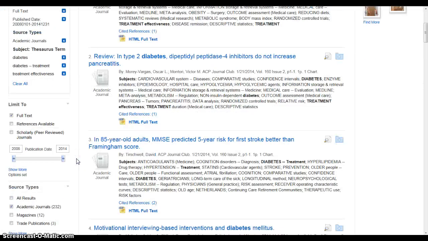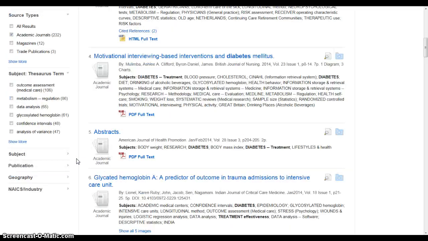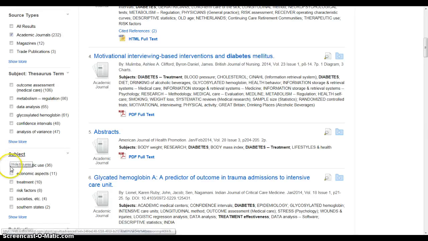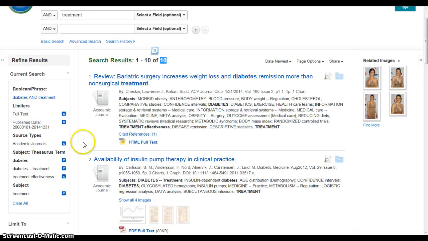So as your assignment asks you to get down to under 50, I can keep scrolling down to see what else I could limit it to. So if we look at the broad subject, I can see that there's treatment underneath that also. And that's going to go through again, and it ends up with 10 articles that are very focused on the treatment of diabetes. Once I get to that point, if I want to see any of the articles, I click on the title,